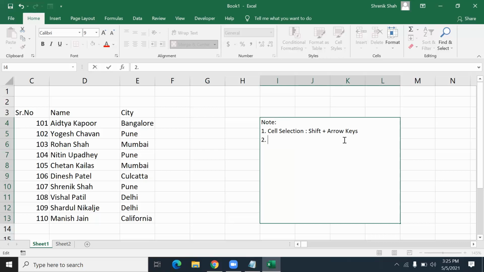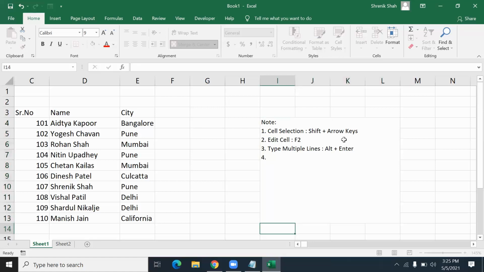Another thing is edit cell. To edit a cell, press F2. Then you edit. To type multiple lines, you here press Alt and then press Enter. I am also doing the same. And the fourth one also I'll tell you.